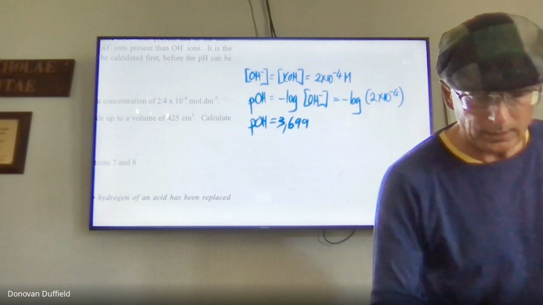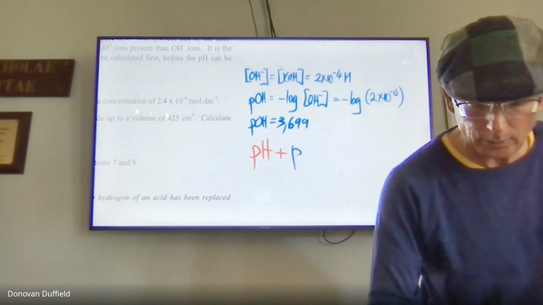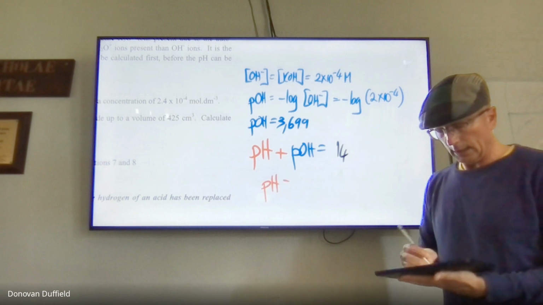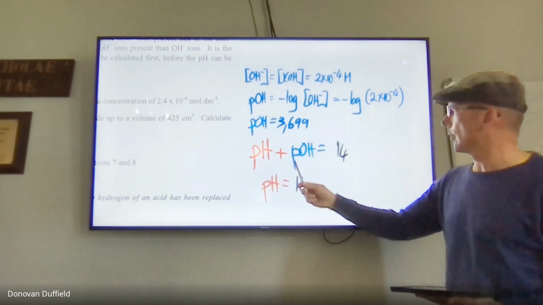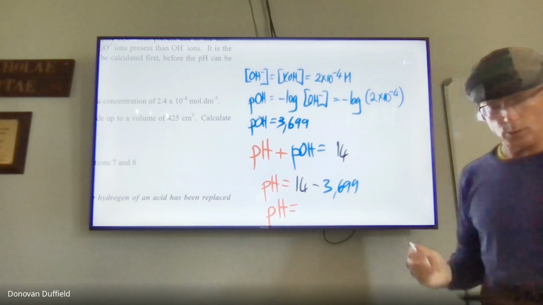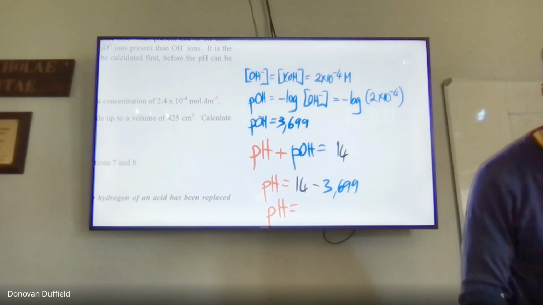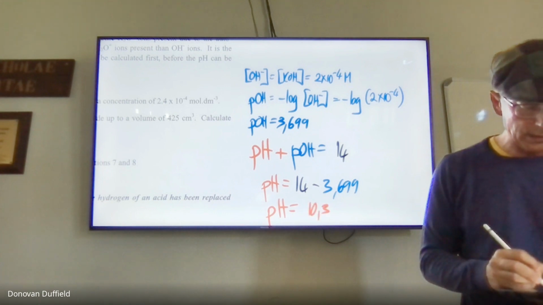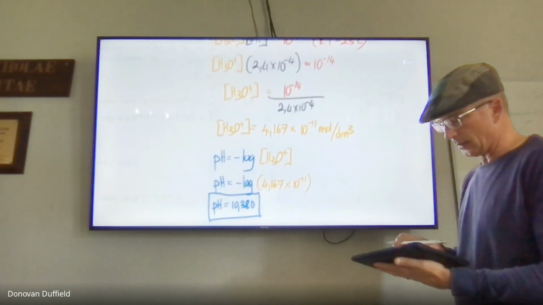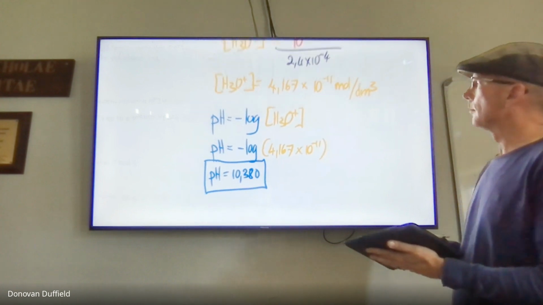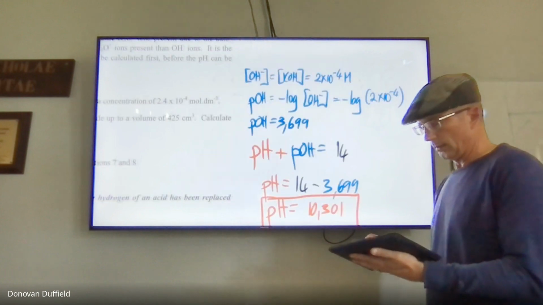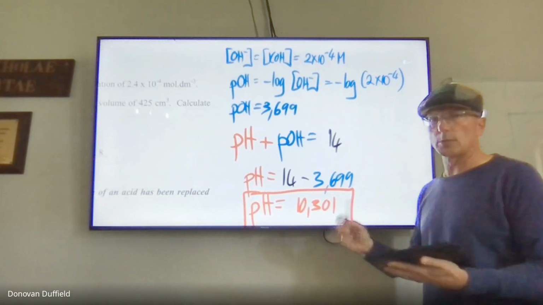And that's going to give us that the pOH is 3.699. Now, the pH plus the pOH equals 14. So therefore, the pH equals 14 minus the pOH. We take it across, which is 3.699. So therefore, the pH equals 10.301. And so if we now go and look, there is a rounding off error there, but basically we are getting the pH to be pretty much the same. There we go. So this is the difference, the slight differences in the second decimal place is rounding off, but